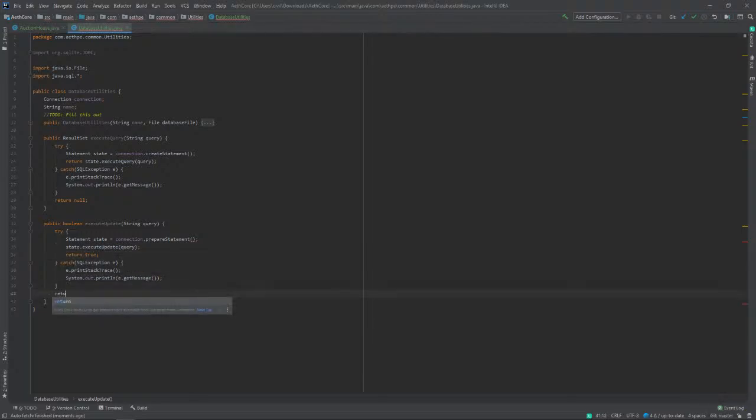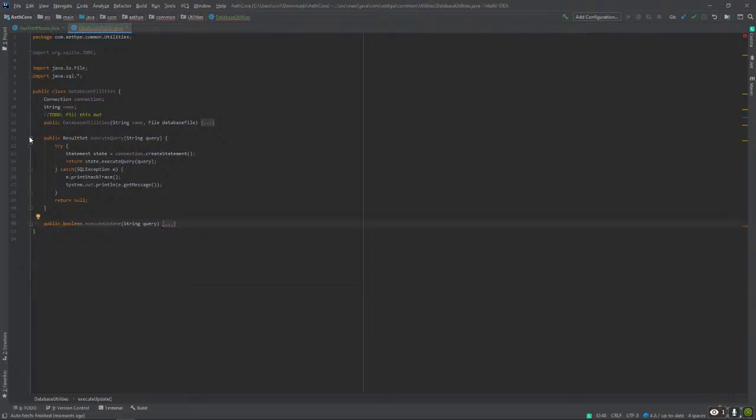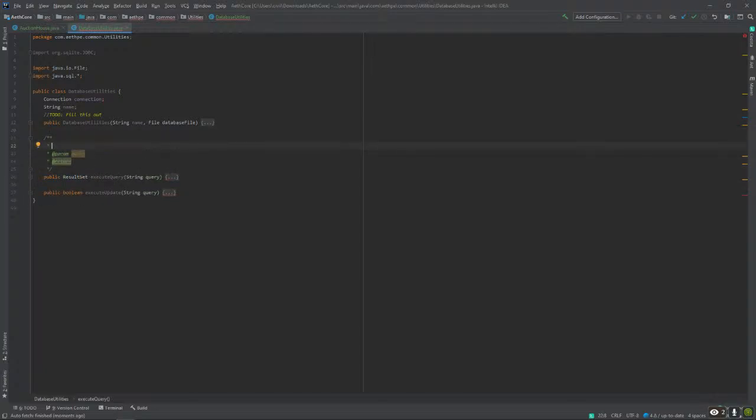Otherwise, return false. So that's basically the gist of the database utilities class for now, at least. I'm probably going to add some more in the future, but I'm just going to comment out these methods. Executes an SQL query to the database initialized.